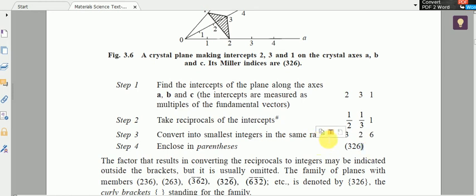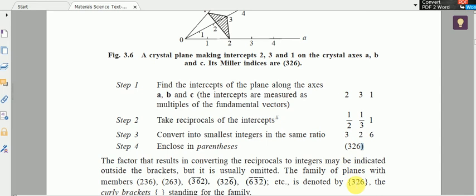But if the Miller index is a 2-digit number, then we have to represent it separated by commas. Here we are not using any commas because it is a single digit, 3, 2 and 6. They are single digits. But if there is a 2-digit representation, then we have to separate them by commas. Now 3, 2, 6 represents one plane. Similarly there will be plane 2, 3, 6, 2 bar 3, 6, like that.